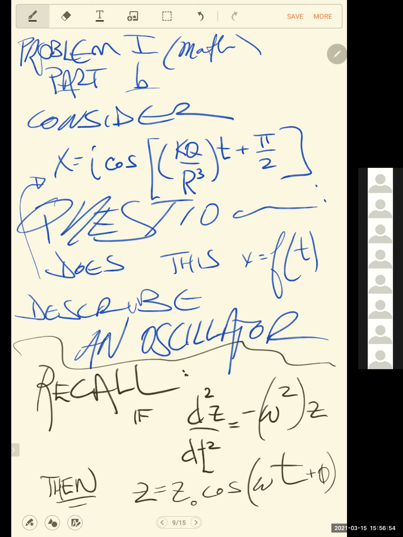So why am I saying all this right now? Anything that can be described by a differential equation of that form is an oscillator. And whatever the actual constant of that form is defines the particularities of the oscillator, the rate of it. So all I have to prove in this question, is this cosine function a harmonic oscillator or not? As long as I can prove by taking two derivatives that it looks like this thing, regardless of what omega is, then it is an oscillator. And I think that is what we're going to find.